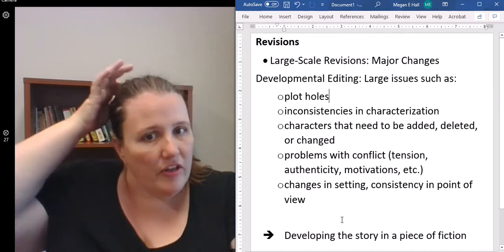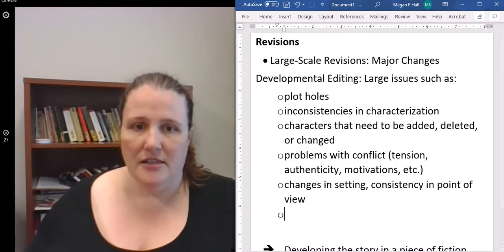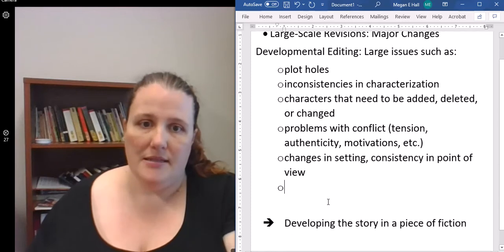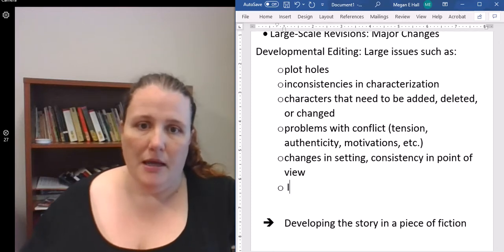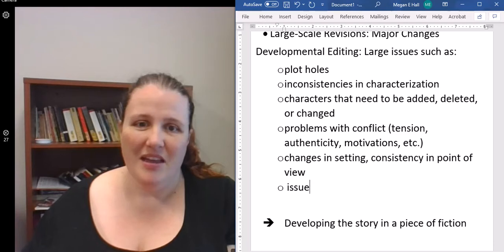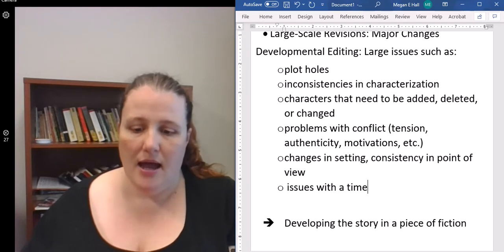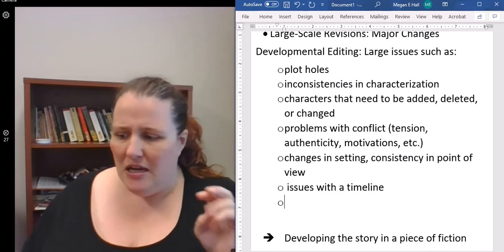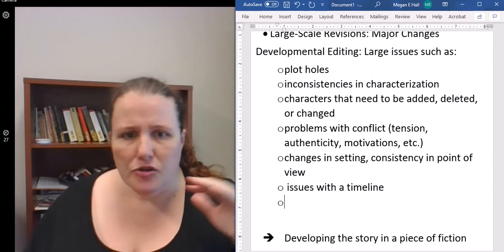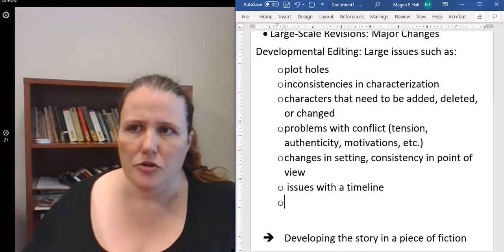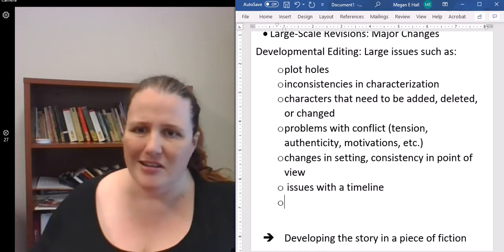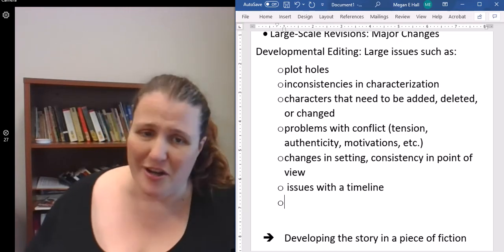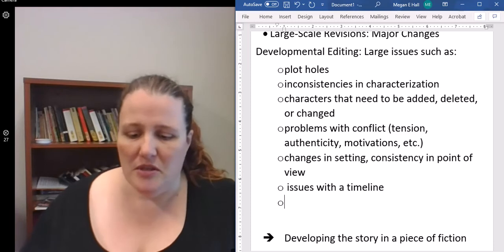So large-scale or developmental edits, a couple of the other things that go along with this that I didn't mention but should, issues with a timeline. So maybe they mentioned in one scene that something happened 10 years ago, in another scene they talk about it happening 20 years ago. Maybe we have a flashback where the period details don't match up with 10 or 20 years ago. So issues with a timeline,